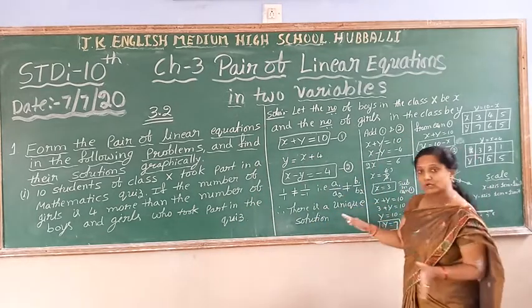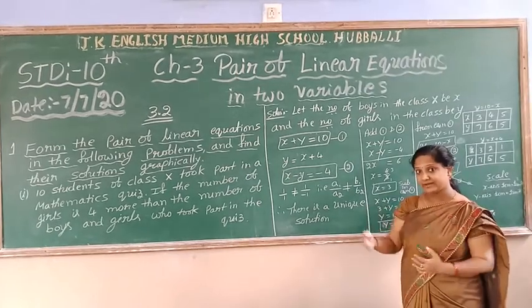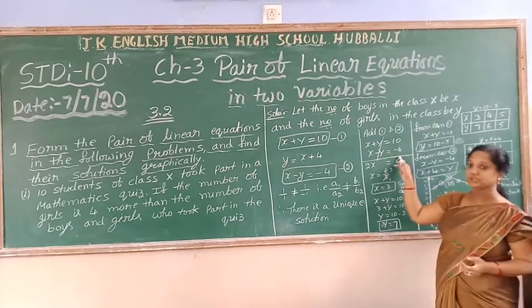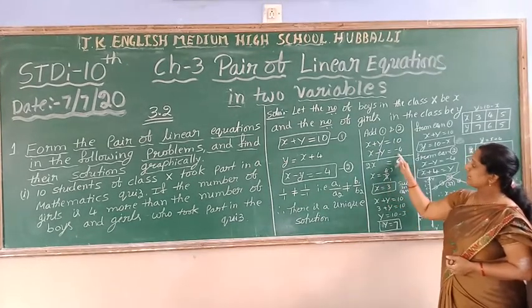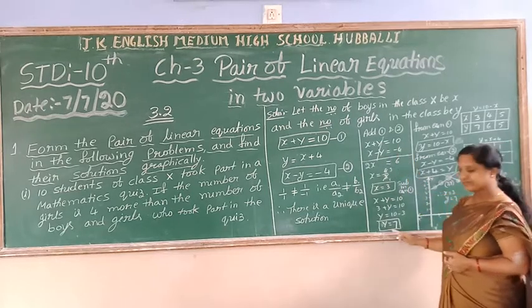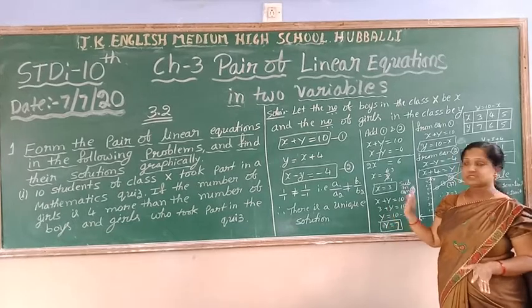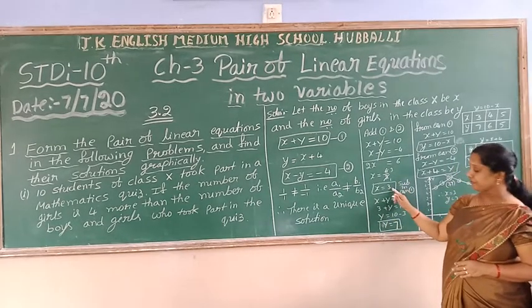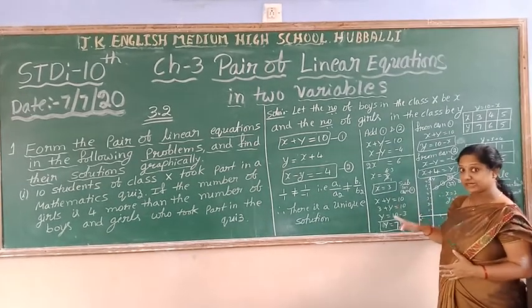So to find out the unique solution, instead of trying the trial and error method, what I have done now is I subtracted equation 2 from equation 1. Then I get the value of x as 3. Then substitute this value in any one of the equations, and you are going to get the value of y as 7. So 3 and 7 I got as the solution by eliminating one of the variables. So this value definitely I will substitute. This is the answer. Already we know the answer, graphically it comes the same only.